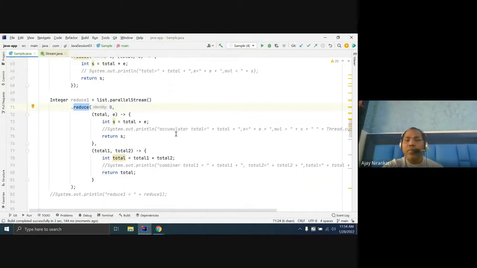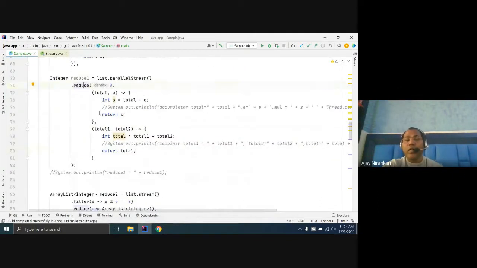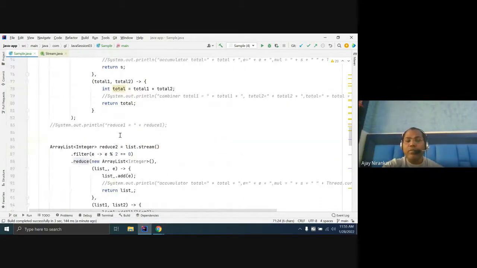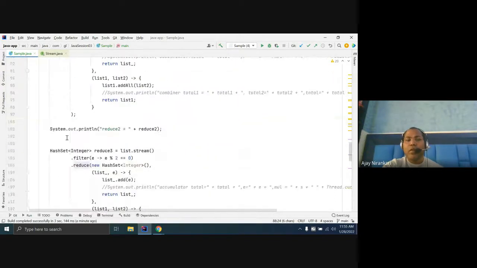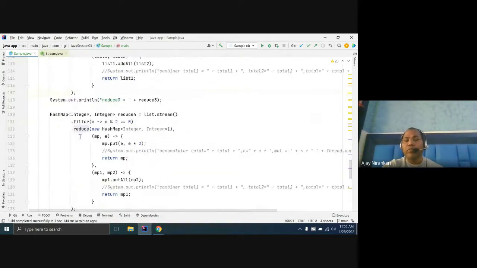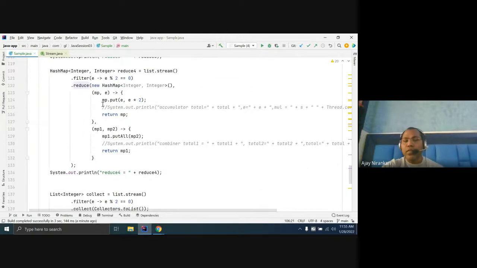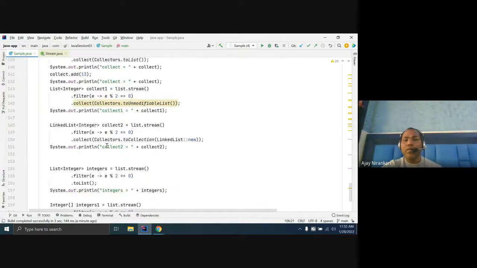But these are the things a developer should know. Lots of times you say, I am using filter, map, reduce, but someone asks, do you really know how reduce works? Sometimes it's very hard until you have done practice. Maybe you don't know what variety of things we can do with reduce. Reduce is a very generic function and lots of things can be done. Maybe the same thing in a simplified version you can also do with the collect API. The collect API offers a rich set of methods, so you can just use it in a simplified way.